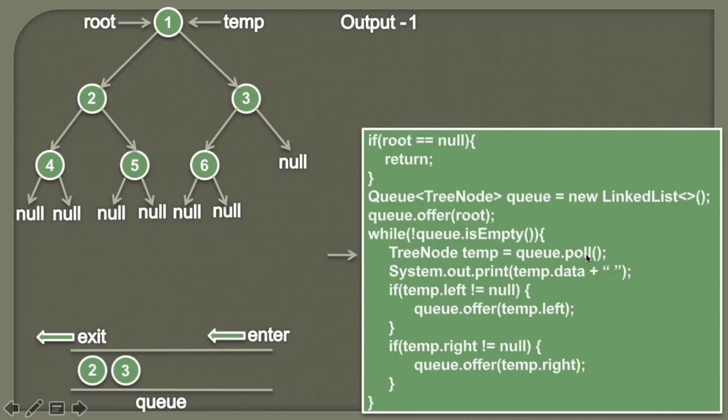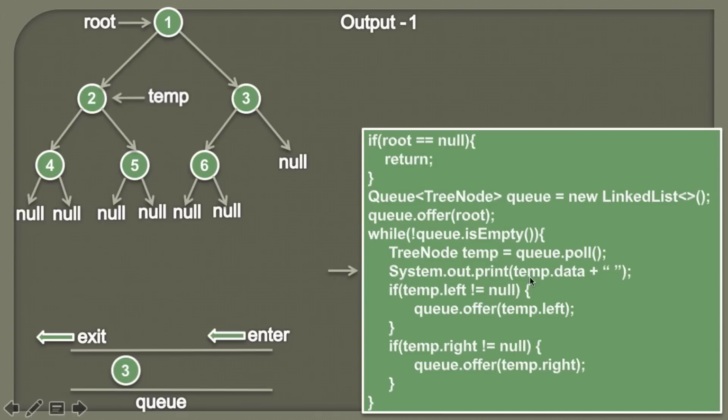And then we simply pull an element from the queue and we'll assign it to temp node. So here you can see when we do a poll on the queue, the element which was inserted first would be the first to be removed. So therefore now 2 will be removed first and temp will point to the node 2. So it would look something like this. That node 2 is removed from the queue and its value will be assigned to the temp. So it means now temp is pointing to the node 2. Moving ahead.